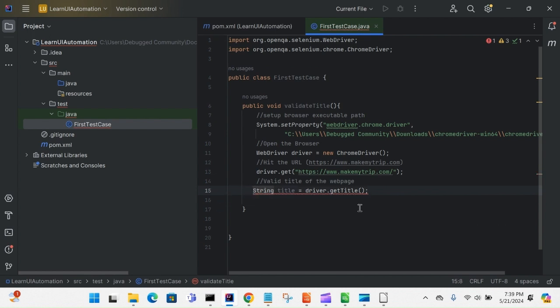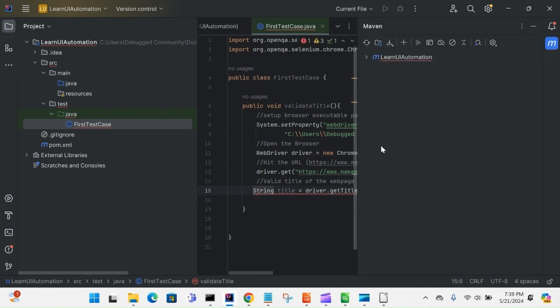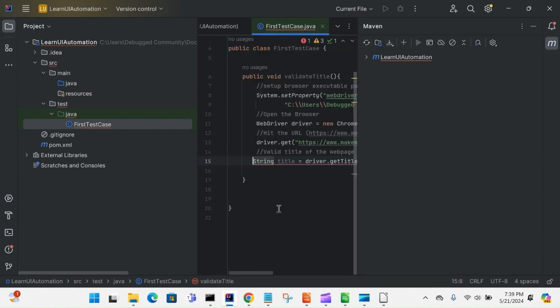Okay, I think this is the first project. So what I will do, I will quickly resolve the conflicts. Okay, download the dependencies, download sources, and